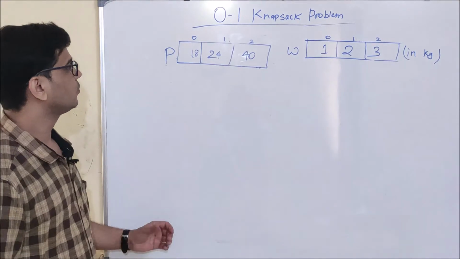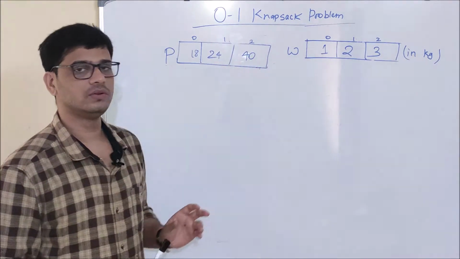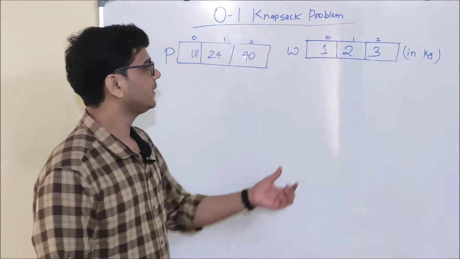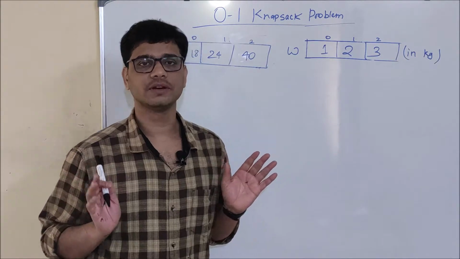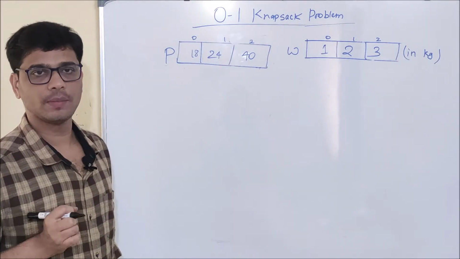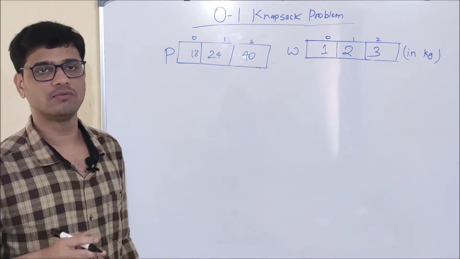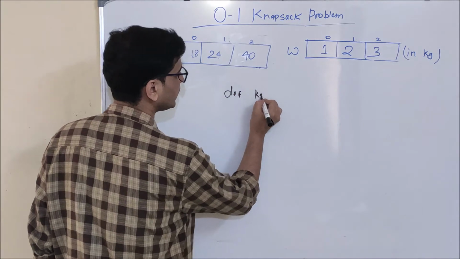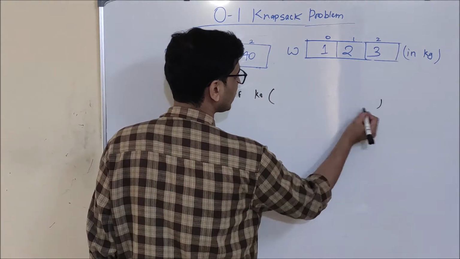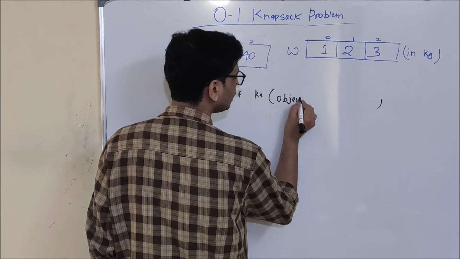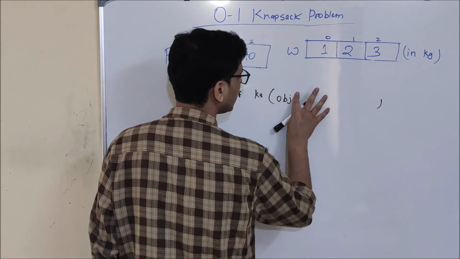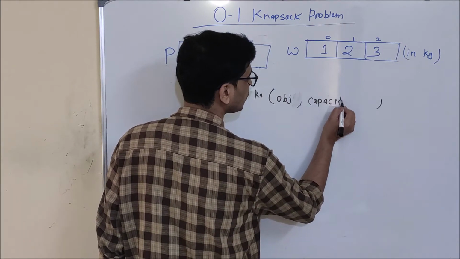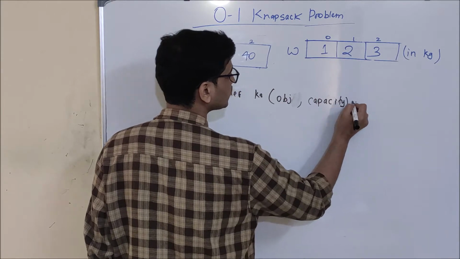Before writing the program, let's see what the P and W lists are. In the P list, I am storing the profit associated with an object, and in the W list, I am storing the weight of an object. Now we will write the program. And one more thing, this P and W will be global for easier explanation. So let's write the program now. def ks will be my function name. It will take 2 parameters. One will be the objects remaining to be considered, which I am denoting by obj, and the second parameter will be the remaining capacity of my knapsack, which I am denoting with capacity.